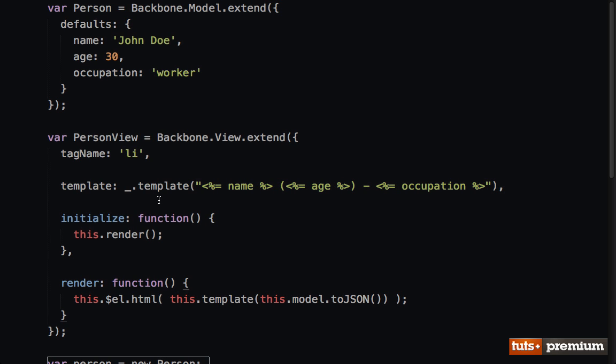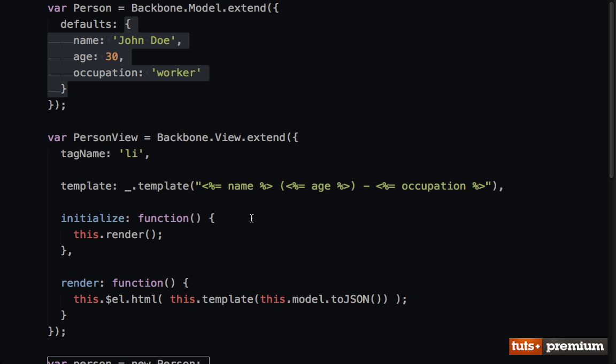So let's quickly go over this. What we're doing here is running underscore.template. That's essentially going to compile this template, and then that's actually going to return a function. Then when we call that function, which we've stored in this.template, the argument that we pass to it is the data that we want the template to use. So in our case, if we need name, age, and occupation, we want to make sure that the model attributes are available to it. So we send through